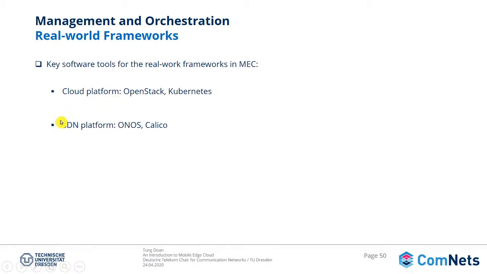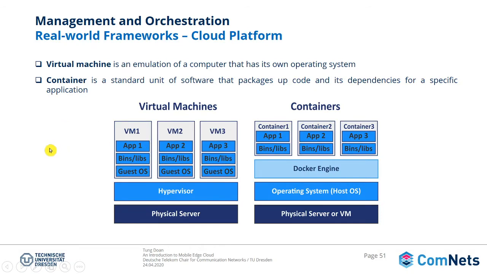And in order to provide flexibility of the network, some frameworks consider an SDN platform, such as ONOS and Calico. Now, let's talk about the cloud platform and SDN platform. So, in order to build the cloud platform,